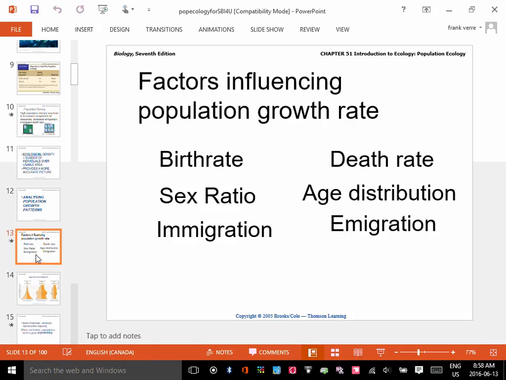Why is it important to understand the number of females versus males in a population? Assuming that there are females and males, because not every population has females and males, right? But the ones that we are probably going to talk about are sexually reproducing, have females and males. Why would you want to know about the number of girls and boys in a population? How would that affect the ability to grow? What do you think? So imagine you have a population that has very few girls.